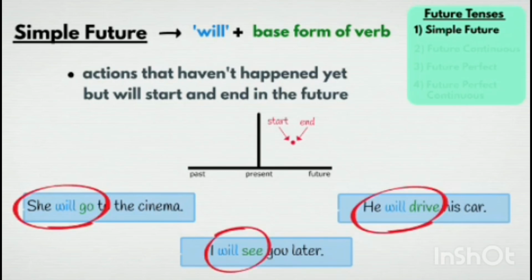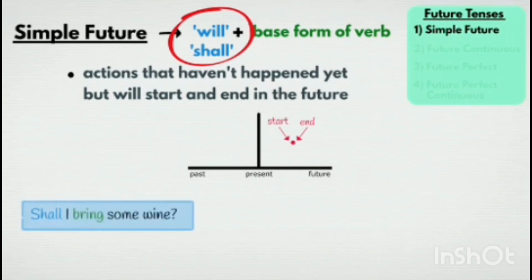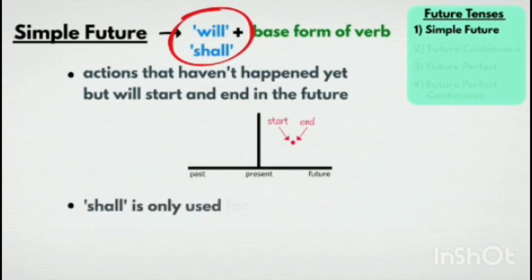Notice that no matter the subject, we use the word will and the base form of the verb. We don't need to conjugate. You might occasionally hear the more formal word shall used instead of will to form the future simple. It's not commonly used anymore, but it can be used for offers to help or suggestions. For example, shall I bring some wine, or shall we leave soon? It is important to note that shall is not used for the subject, and we